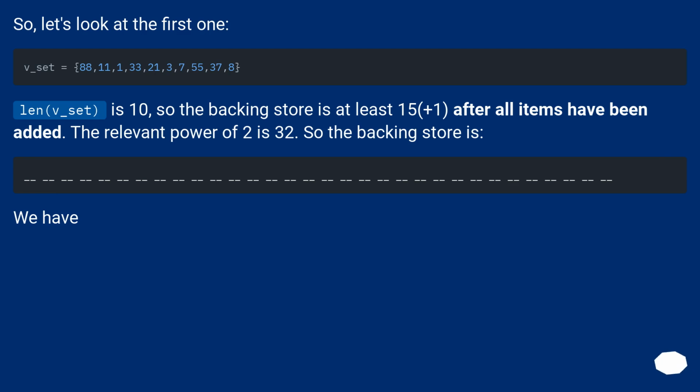So, let's look at the first one. len(v_set) is 10, so the backing store is at least 15 plus 1 after all items have been added. The relevant power of 2 is 32.